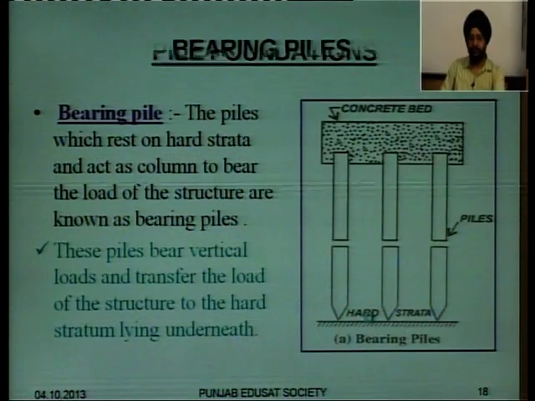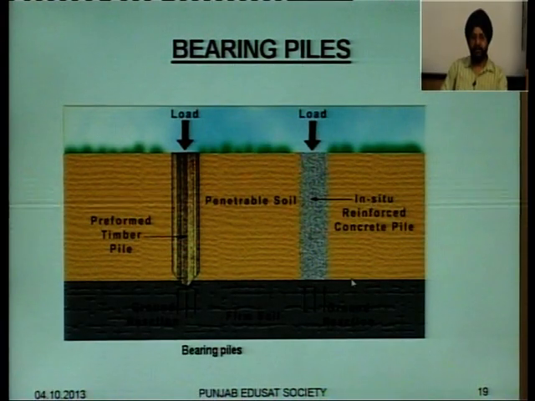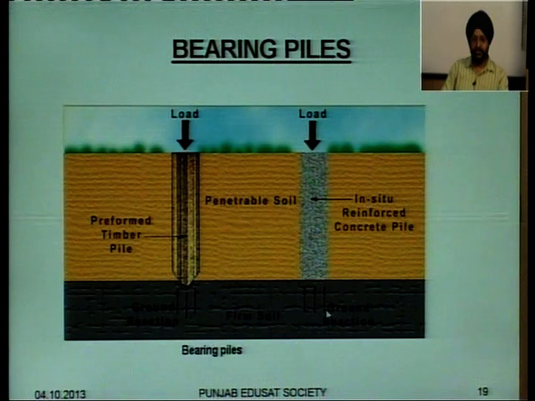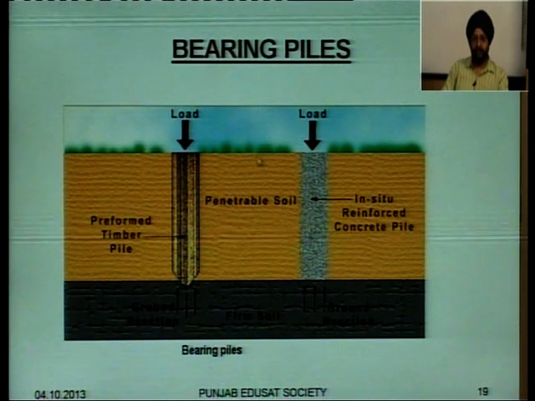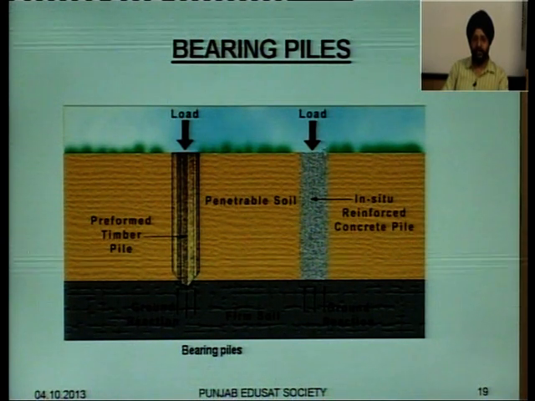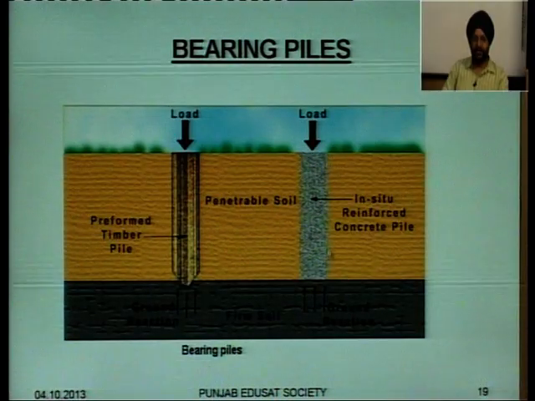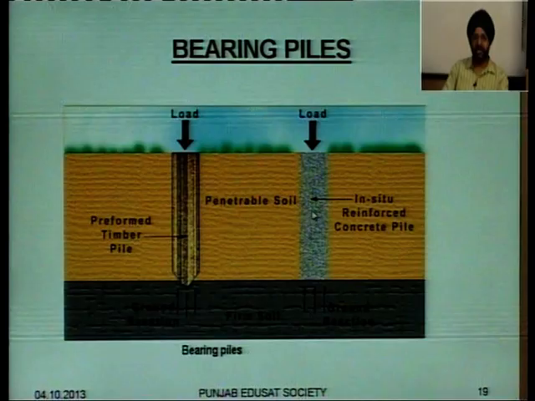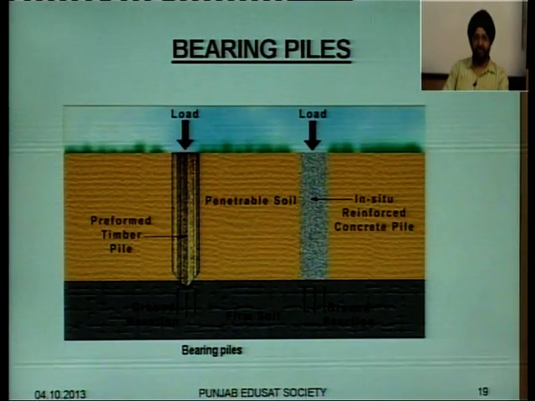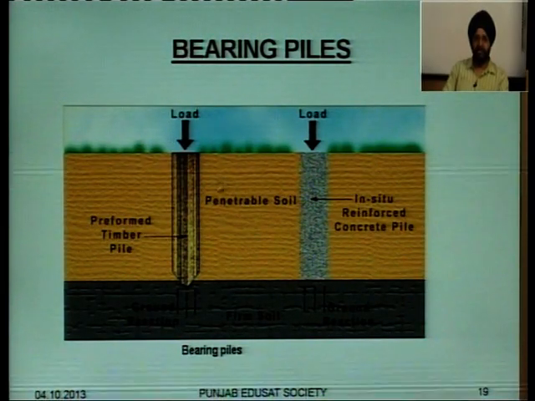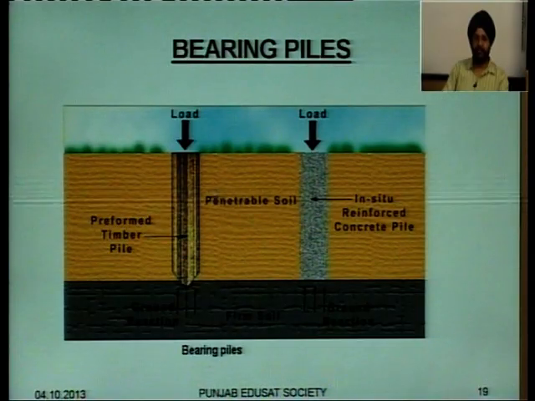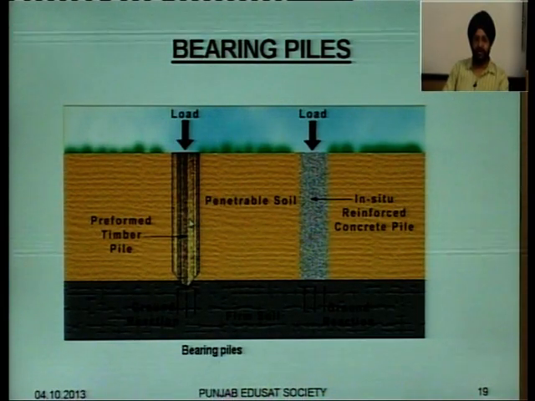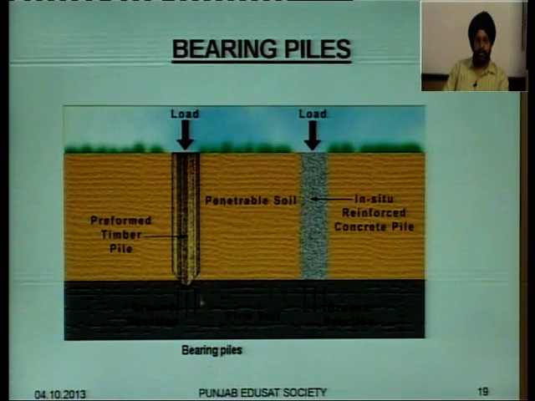Now look at this diagram. You will get a more clear idea of the bearing piles. The load is coming over this pile. Now, this is a reinforced concrete pile, RCC, in situ reinforced, constructed at the site, and this is a timber pile. There is a difference in the shade also, it will give you the differentiation. This is the RCC pile, this is a timber pile or a wooden pile, I should say, and of course,